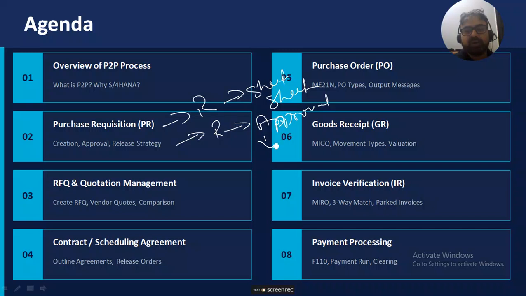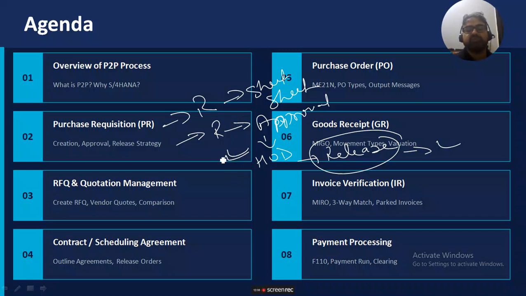The head of your department, the HOD, will approve by release strategy. We will cover that later, the release strategy. The department HOD will release it. Once you release your purchase requisition, it means your requirement is approved in the system, then it will go